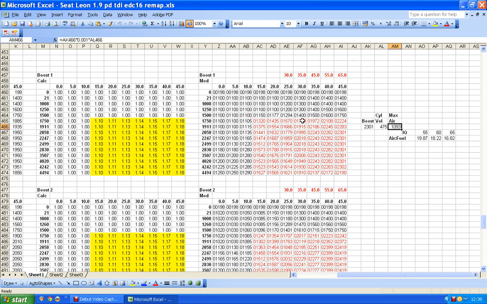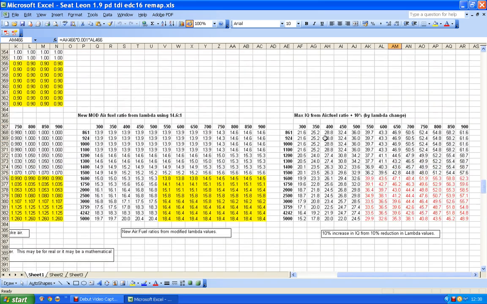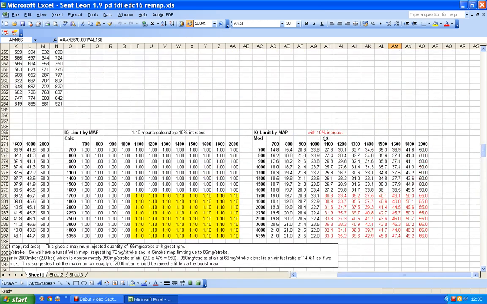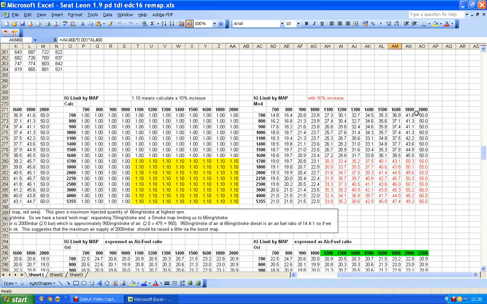And now I've got plenty of air to be able to pop back to here, and instead of 2000 I can have a change in these figures. Now I will come back to that at a later date, because otherwise this will get out of control, because now we've changed the boost map we really should check the limiter, so I'm going to check that next. So I'll stop here.